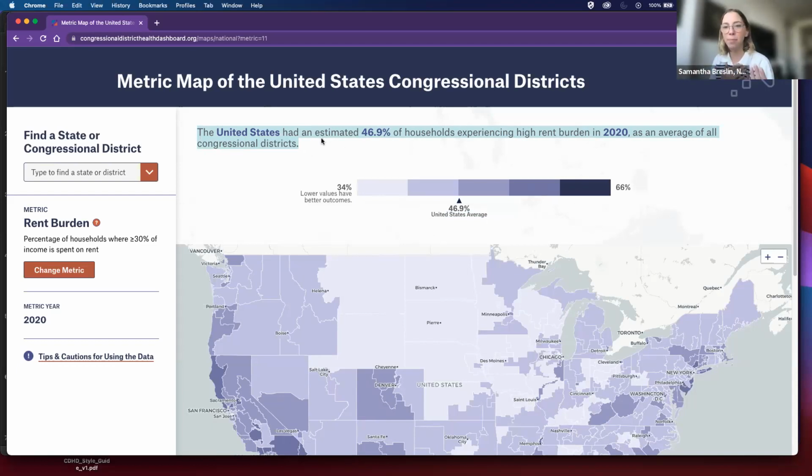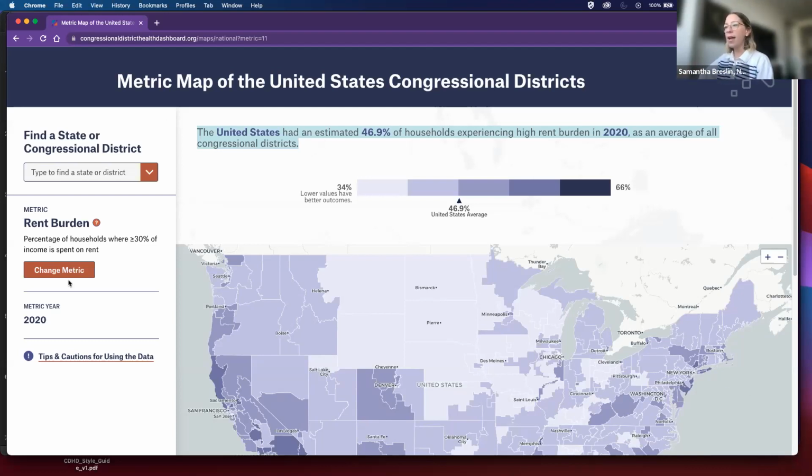So we want to be able, like I said before, to reach people where they're at in terms of how they consume information. Perhaps they're better at reading about data in sentence format. Some people might be better at looking at the data visualization. So we want to be able to really reach people regardless of how they consume information.